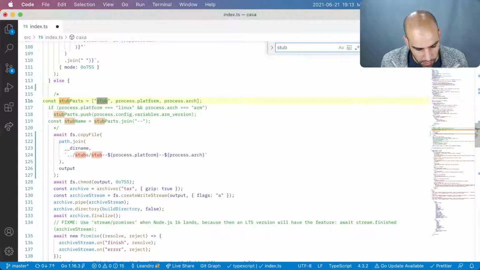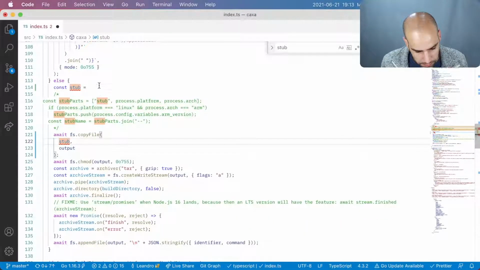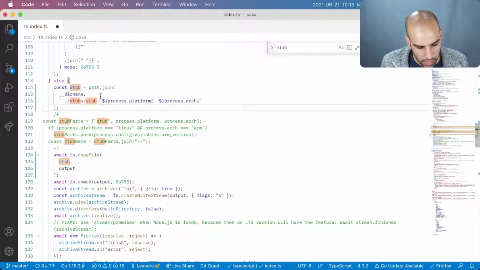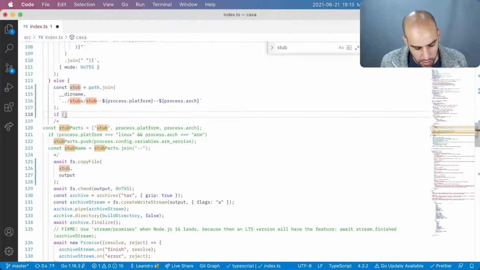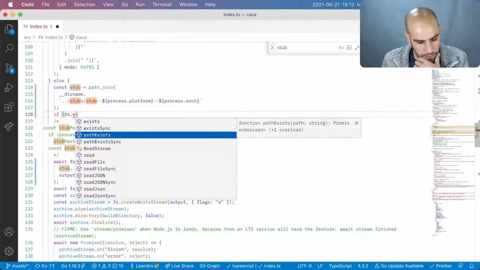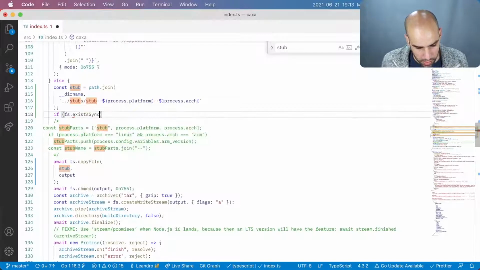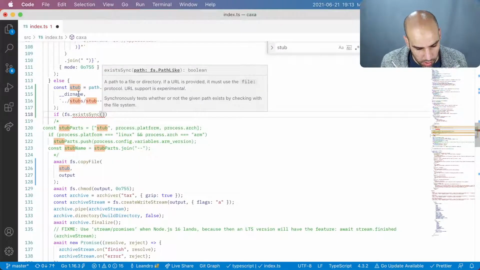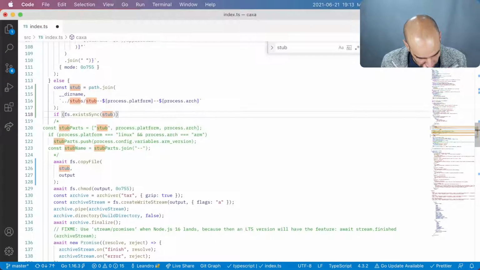Is there already a variable named stub? No. Okay, so I guess what I can do is call this variable the stub. And I will check if fs exists sync, why not, of stub. So if it does not exist,